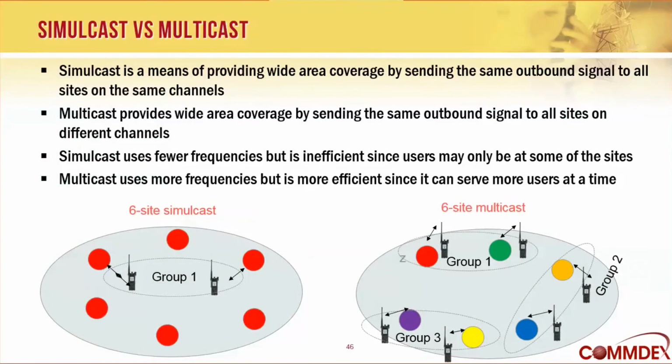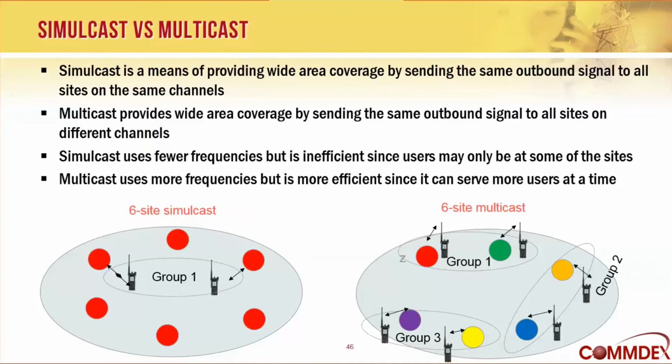Multicast, on the other hand, will send the same signal out, but we'll do it on different frequencies at each site. And by doing that, you can select only the sites that have users within your particular